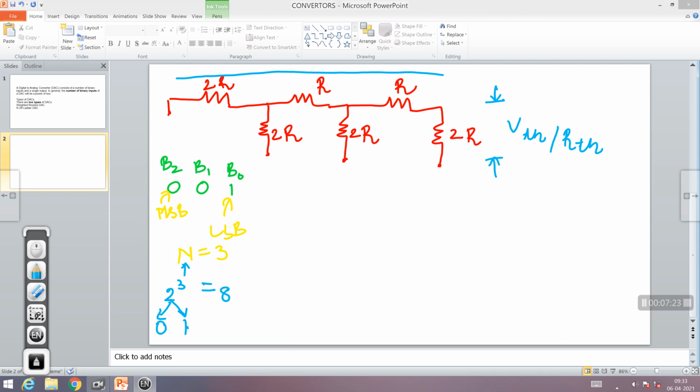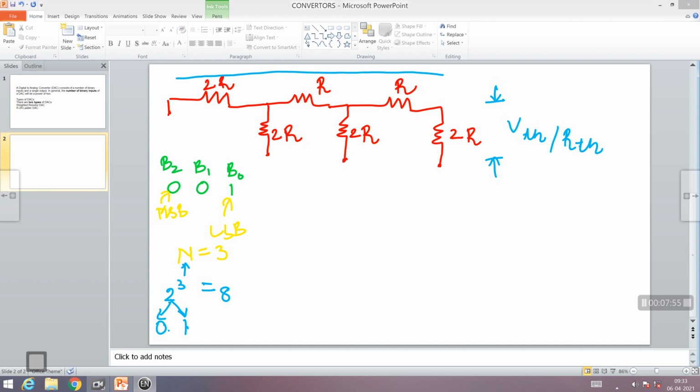Okay, 8 possible combinations are there, out of which the first combination is 0, 0, 1. The bit on my rightmost side is called the LSB. The bit on my leftmost side is called the MSB. We start from LSB and call them B0, B1 and B2. So when I have 3 bits where each bit can take a value of either 0 or 1, the network,